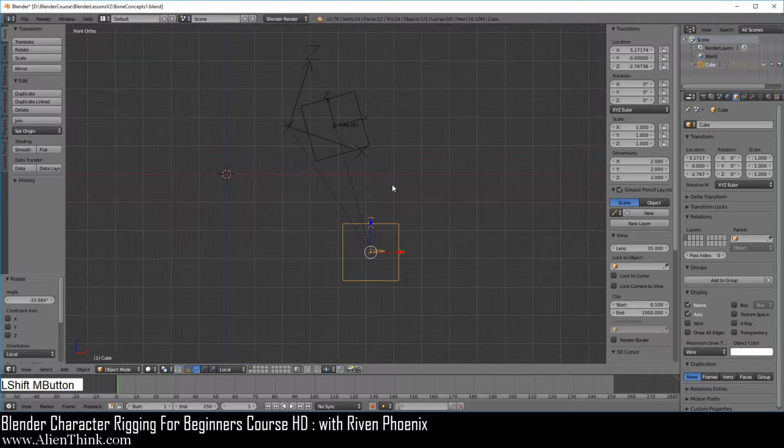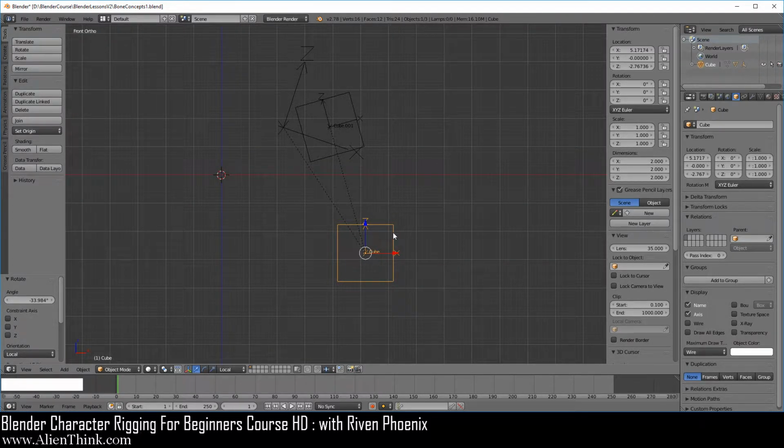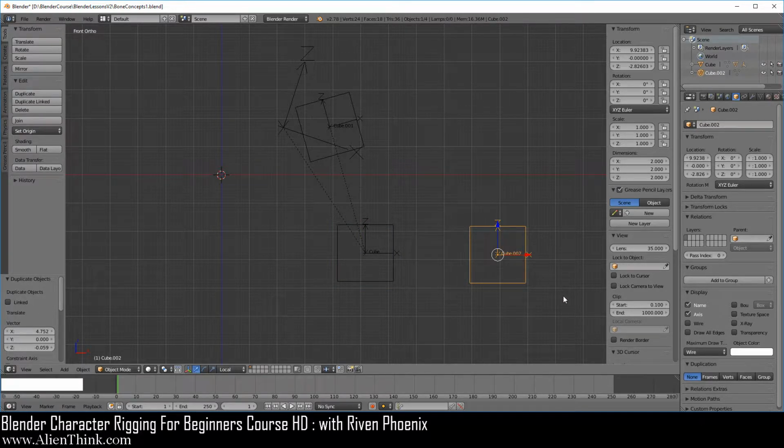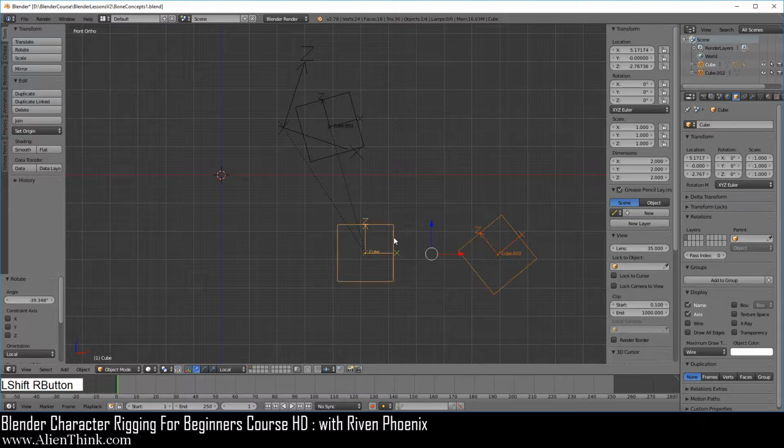Now let's take a look at what happens if you take this object, press Shift D to create a duplicate, press the R key to rotate, and give this parent another child. Go ahead and click on this object, press the Shift key down, click on this one, and now do Control P and pick Object. Now we have to do the same thing.